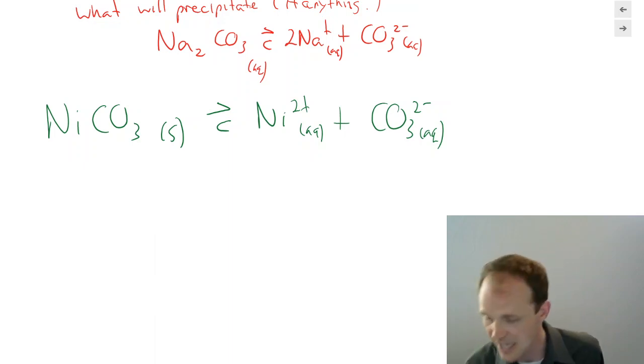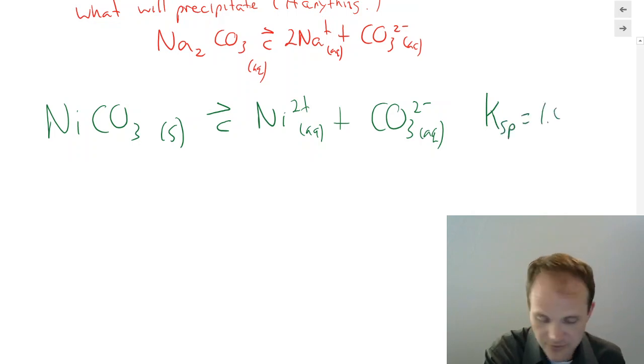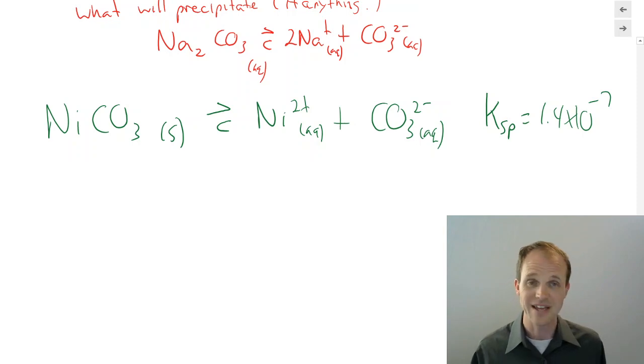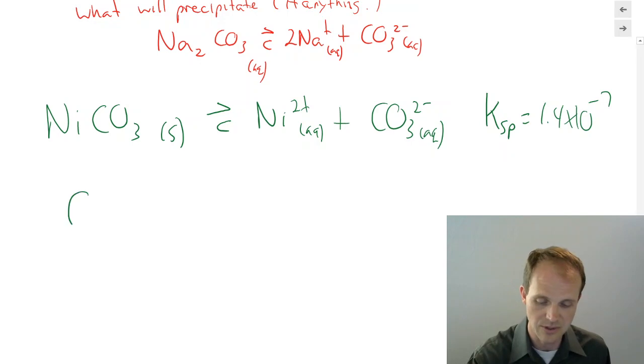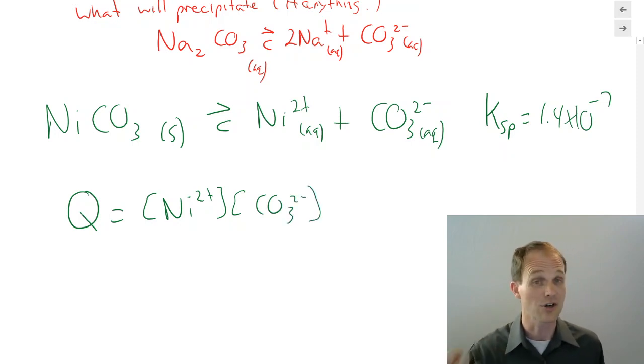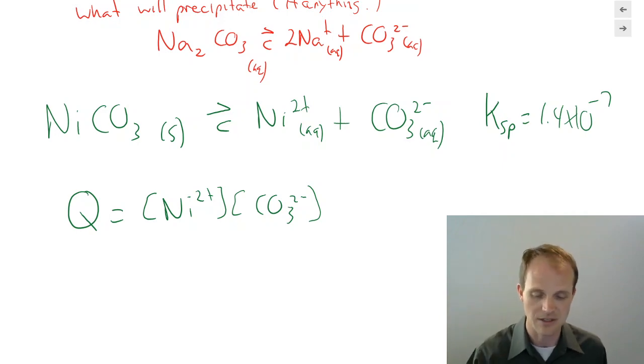So I look it up in a table, and I find that the KSP is 1.4 times 10 to the minus 7th. And so what I have to calculate is my Q and see if Q is greater than KSP. What's Q going to be? Well, remember, Q has the same form as K. It just means the current conditions as opposed to only equilibrium conditions. So there's my Q. I've got to find my nickel concentration and my carbonate concentration,